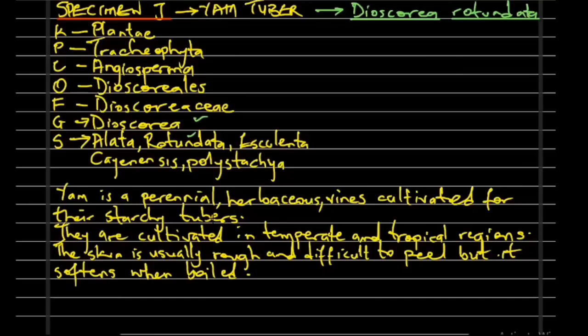The skin now, the color of the skin of the yam varies, and that is one of the ways by which you can differentiate between the types of the yam. Remember we said that we have so many species. So one way through which you can distinguish between the species is by the color of the skin. The skin varies in color,